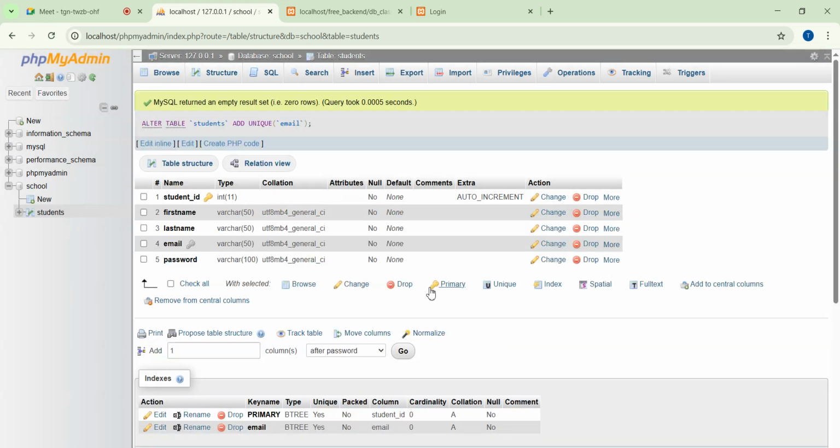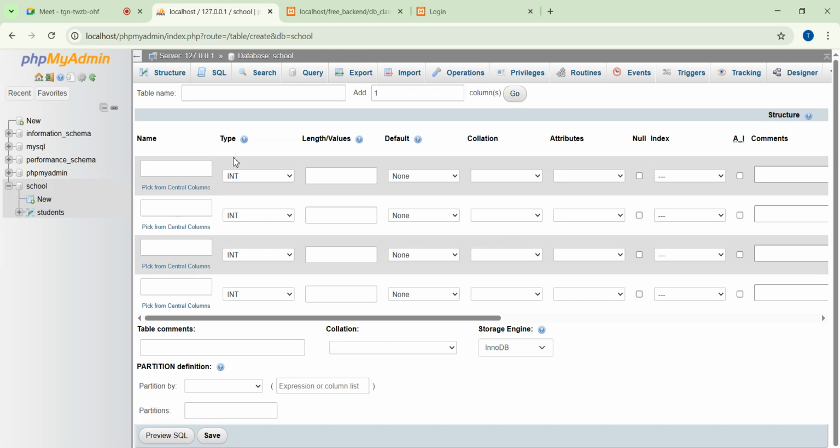So now two users cannot register with the same email address again. You can see there's a key here. We'll talk about keys later. There's a key here now, so that if two users try to register with the same email address, this will not allow it. Now, if it's a new table, let's say a new table,